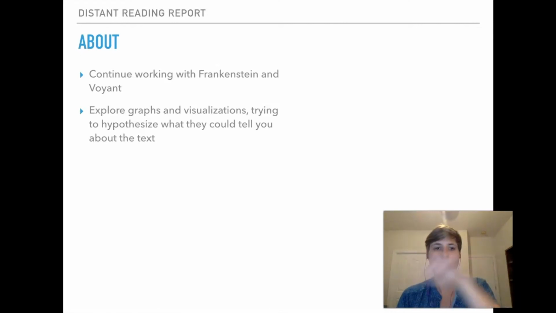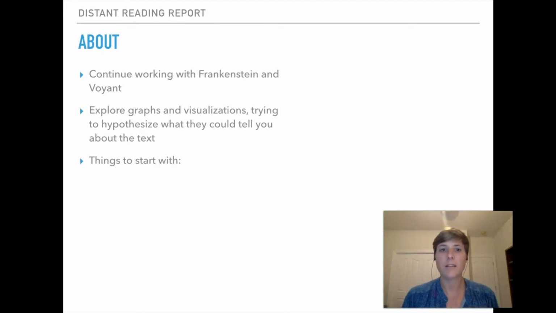Your basic kind of plot narrative arc can just arc, right? But you want to think about what's happening there by looking at these kinds of graphs. So some things to start with for doing specific and targeted searching, and things that might uncover some interesting information in these particular areas. So first, you will probably recall that the word man was one of those most frequently